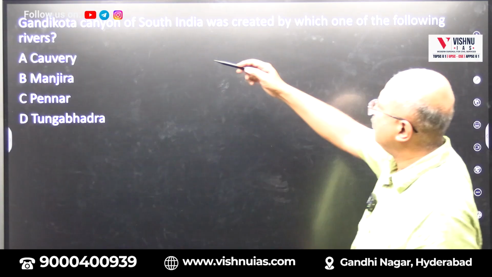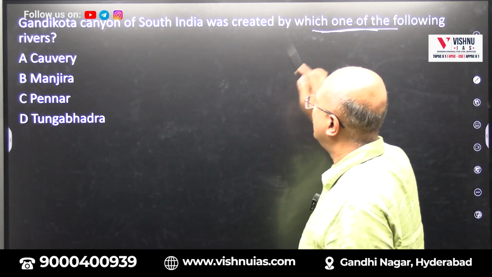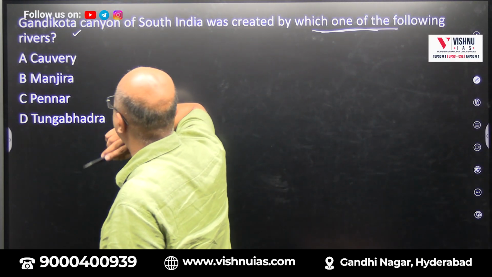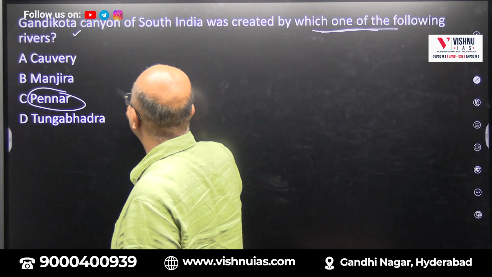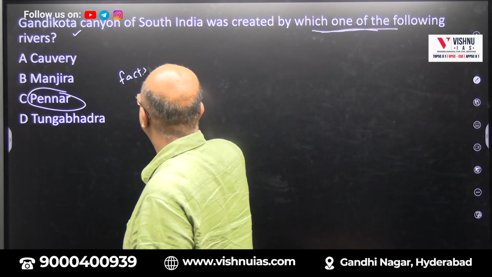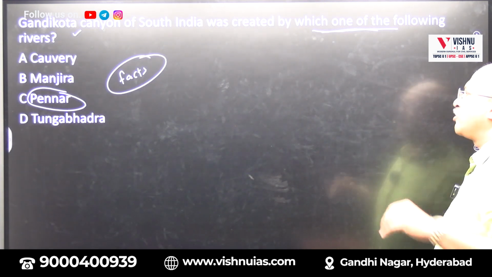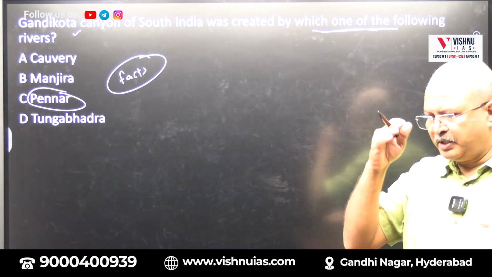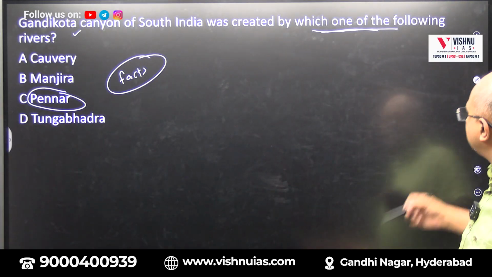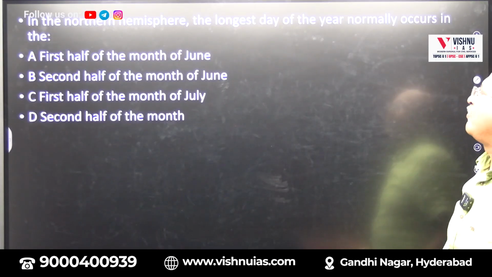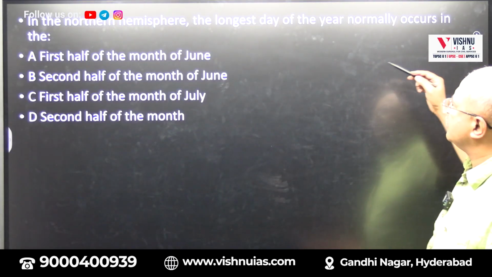Right. Now, basics. Gandikota Canyon of South India was created by which one of the rivers? Now, this is very important, a UNESCO heritage site also, and this is created by the Pennar River. So, factual data will also be there. Facts will also be there. Now, if you see the question paper, it is a combination of factual data, a combination of application, and a combination of current affairs are also seen here. Plus, it also consists of something which consists of the maps. Take an example of these questions.